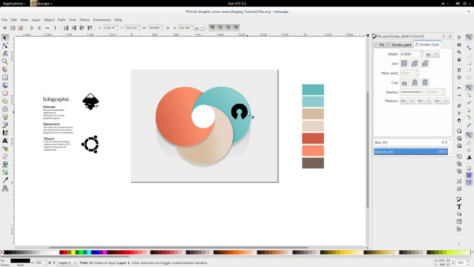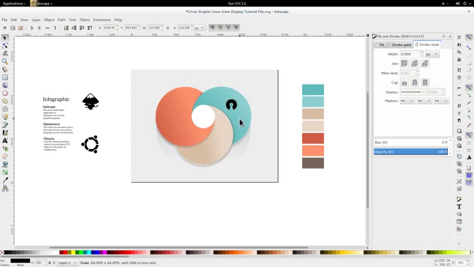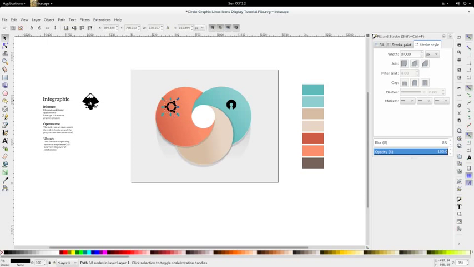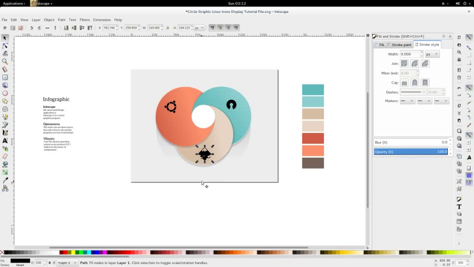So let's place these here. Let's overall finish this graphic. I'm going to reduce the size of them slightly. Put the open source sign on the blue, turquoise, the Ubuntu on the orange, and the Inkscape,